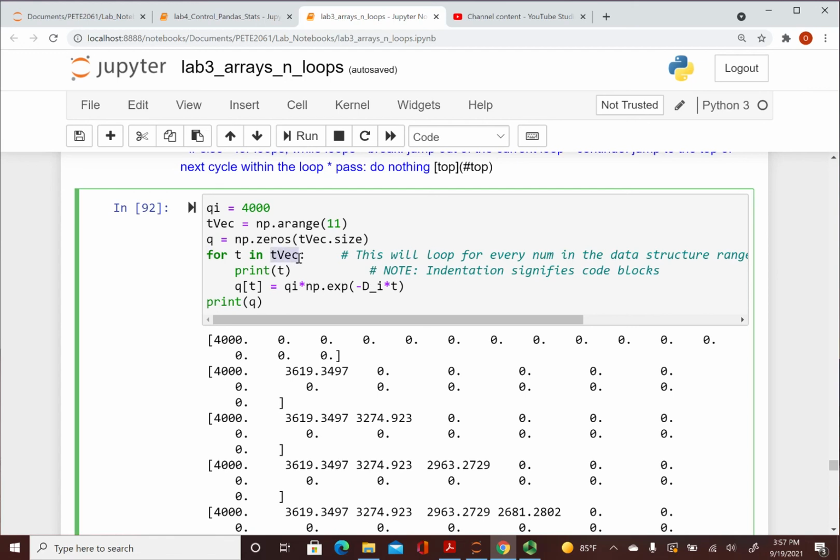Now, this can be an array. It can be a list. It can be a tuple. It can be any data structure that contains multiple items. And this is any value you call it. You can make it T, you can make it W, you can make it anything. It's just going to keep grabbing the items in this data structure one at a time until you exhaust the list. Here you want to do the calculations on T, so we make T in TVEC and we get the